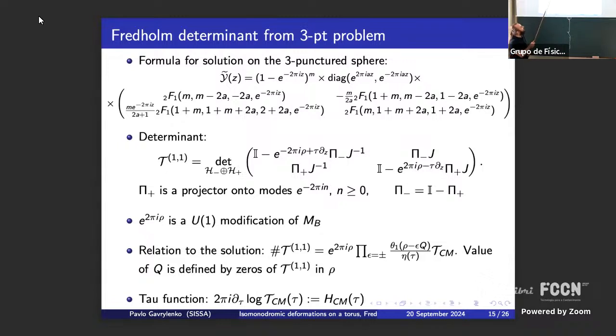So here I wrote a solution of this three-point problem, but we only need to know that it exists and it can be written explicitly. And if you want to construct the tau function, we should consider the following determinant, which has the following structure. Each block here is some 2x2 matrix depending on z. So it acts on